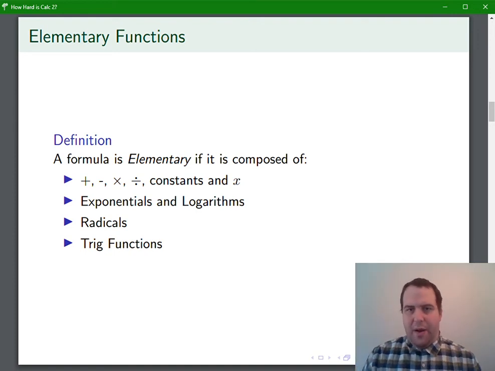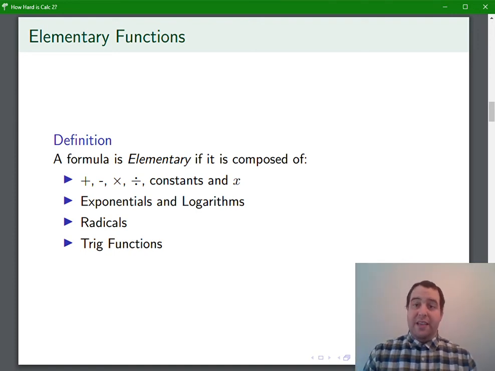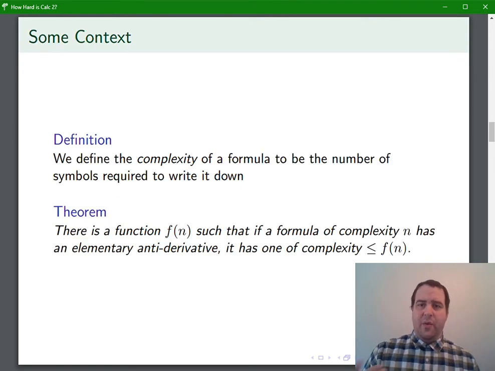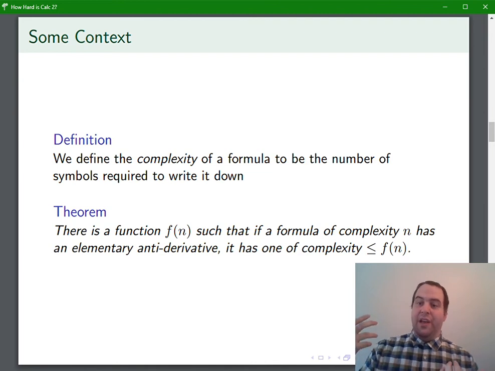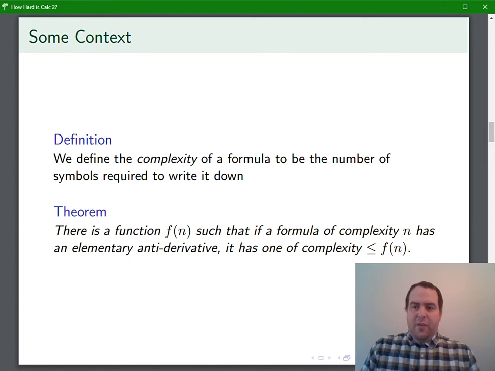Let's formalize the problem. I'm going to say that a formula is elementary if it's composed of addition, subtraction, multiplication, division, constants, and x, exponentials and logarithms, radicals, and trig functions. So this is an elementary function, and the question is, given an elementary formula, is there, and if so, can we find the elementary antiderivative? And of course, the answer is, well, I mean,